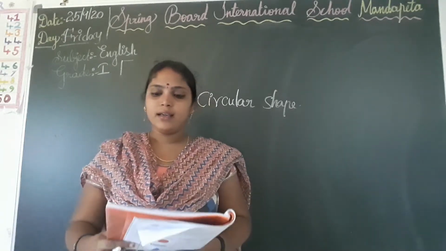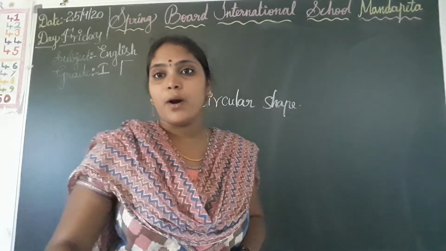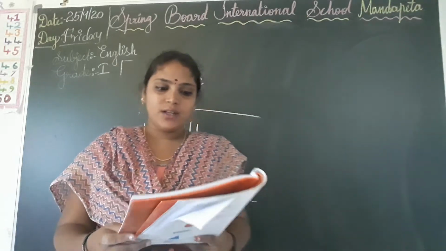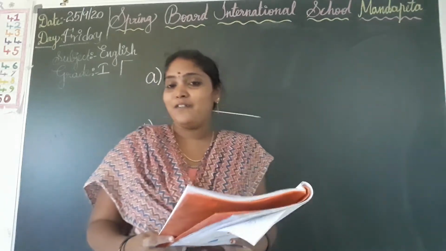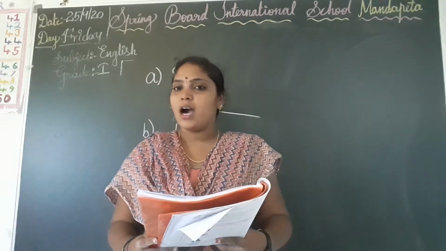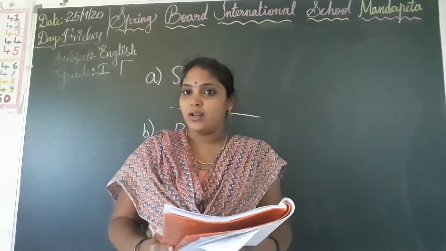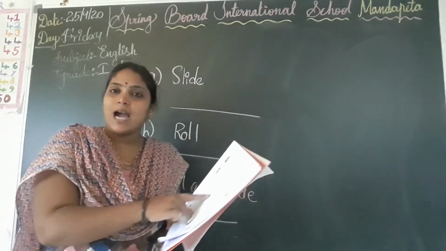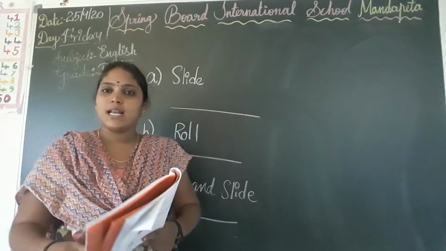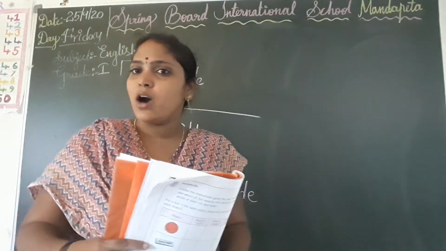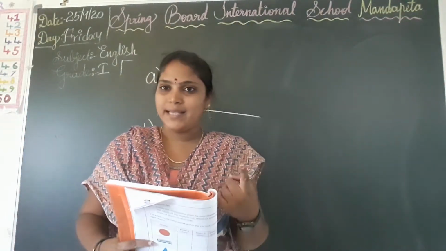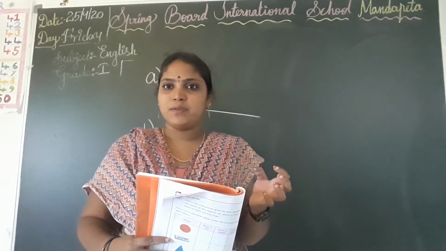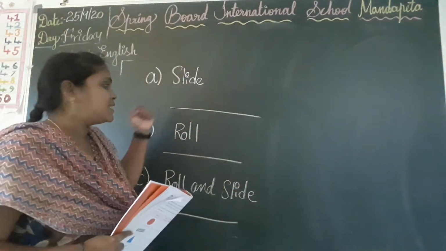Are you clear children? Next, let us go to 2.18. Okay children, let us see 2.18. Open your pencil box and fill the objects in it. Draw or name an object that will. So here you have to write the objects that slide and that roll and slide. Okay. So what are the things you observe in your pencil box? Pencil, pen, eraser, scale and some more items. Now, in that, which objects slide?